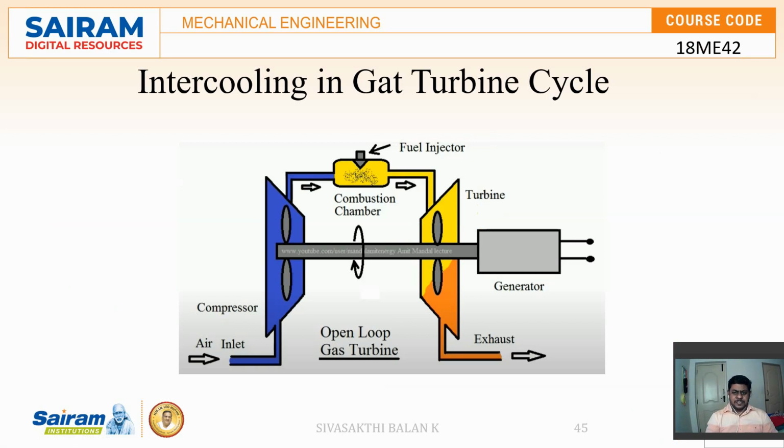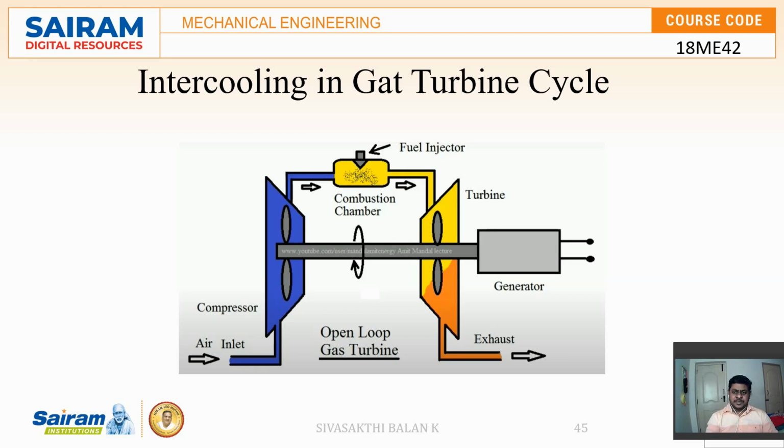In this diagram, we can easily observe that air enters the compressor, gets compressed, and enters the combustion chamber. At that time, the temperature and pressure increase due to the compression process inside the compressor. The compression is nothing but an isentropic compression process. Then it enters the combustion chamber where fuel is added to the system. During combustion, the temperature suddenly increases to the maximum temperature of the cycle, and at the same time the pressure also increases.